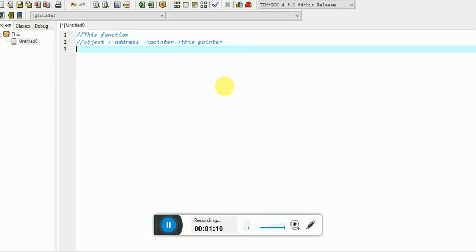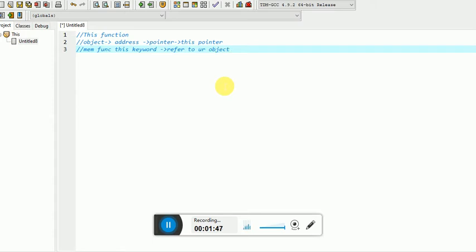Whenever you will be using a member function, the this keyword can be used to refer to your object.